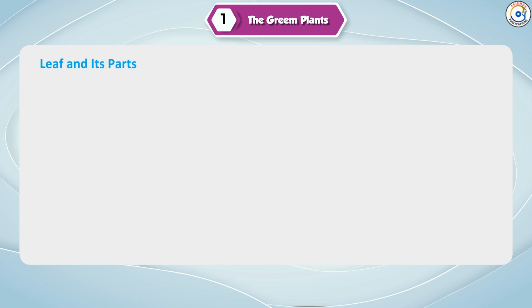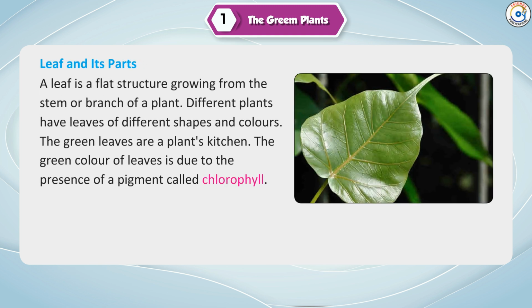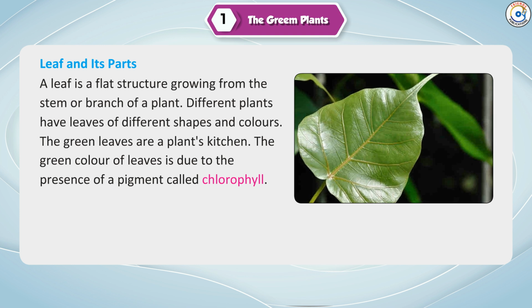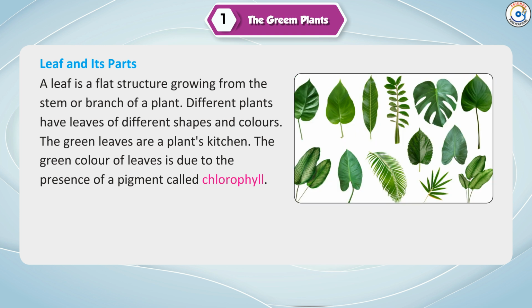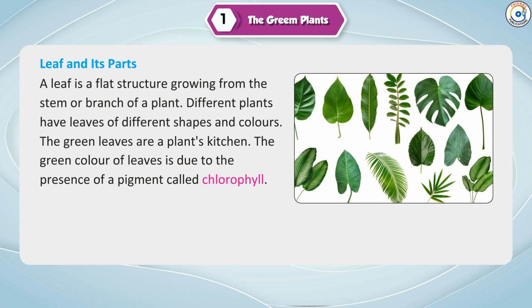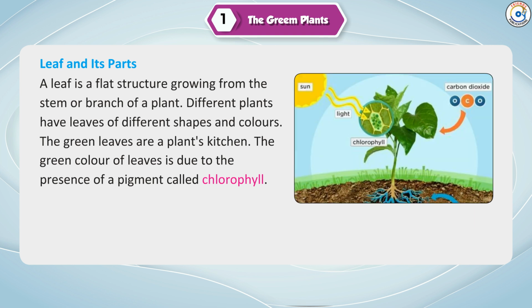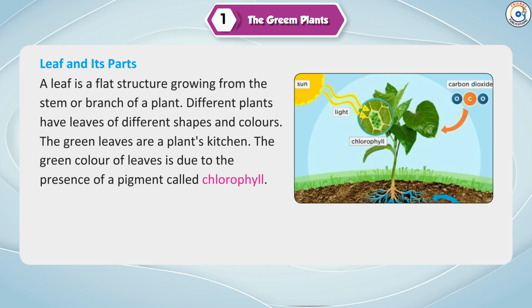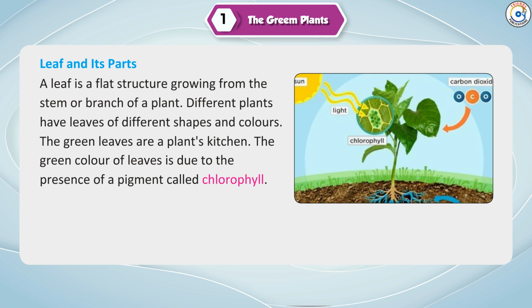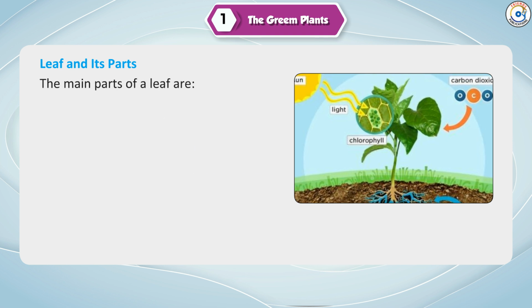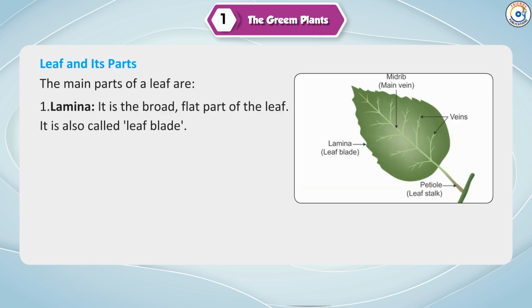Leaf and its parts. A leaf is a flat structure growing from the stem or branch of a plant. Different plants have leaves of different shapes and colors. The green leaves are a plant's kitchen. The green color of leaves is due to the presence of a pigment called chlorophyll. The main parts of a leaf are: